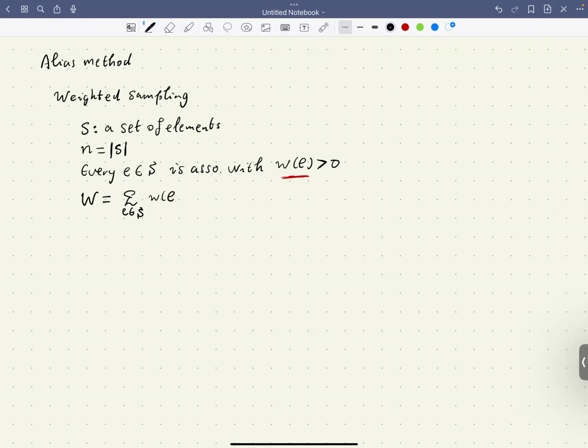In other words, the goal of weighted sampling is to draw a random element X from this set S such that the probability for X to be a particular element e in the set S is defined as the weight of the element divided by this big W. So this will have to hold